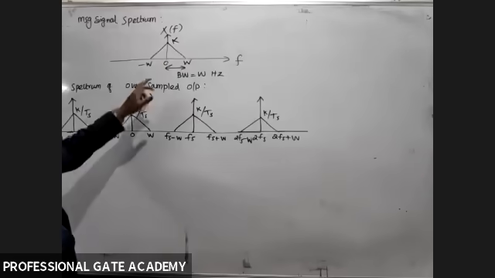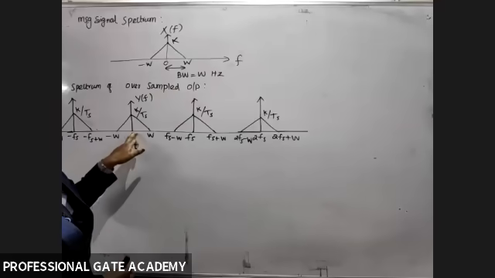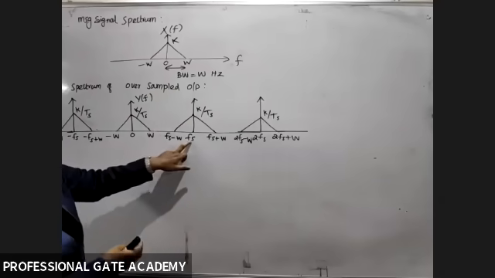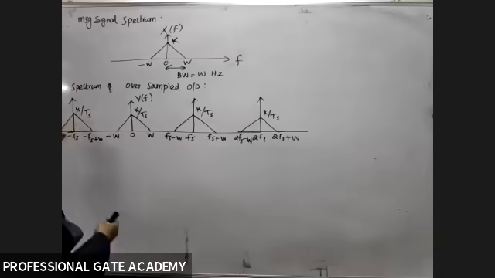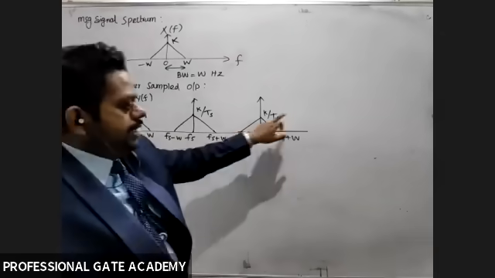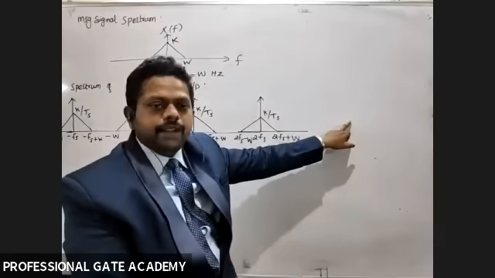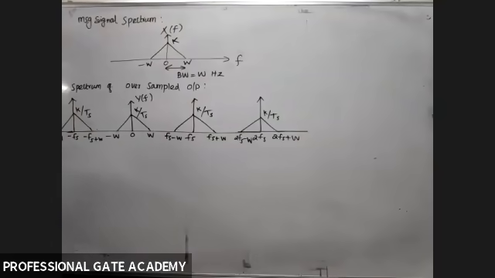So I repeat again, we have taken Fourier transform of y of t. From that we have X of f scaled by Ts, and X of f right shifted by fs, and X of f right shifted by 2fs, and X of f left shifted by fs, and X of f left shifted by 2fs, no space. Similarly, X of f right shifted by 3fs. What will be next? X of f right shifted by 4fs. It will go like that. So this is the spectrum of the oversampled output.